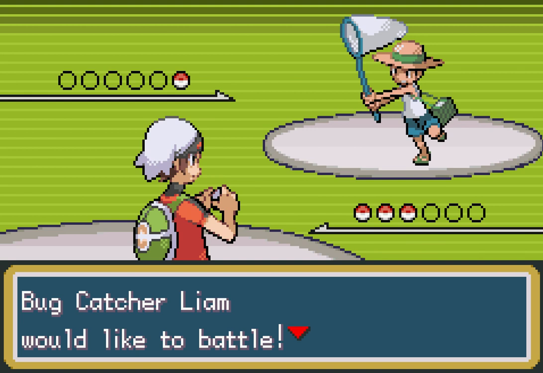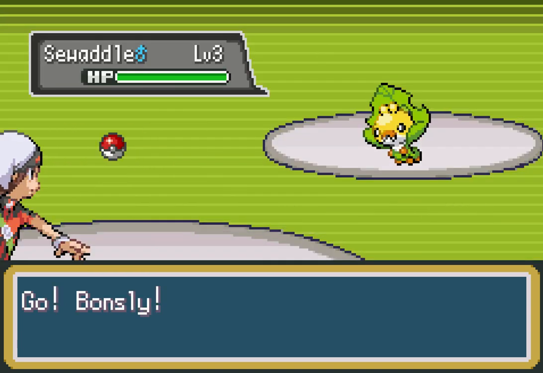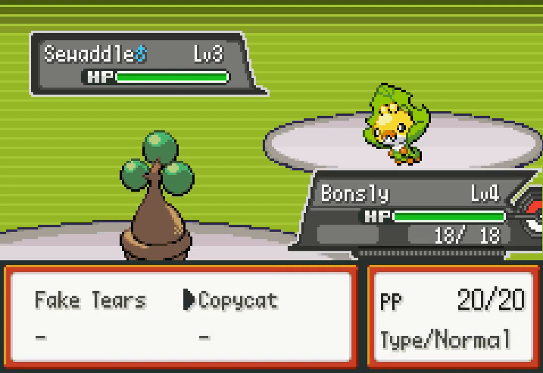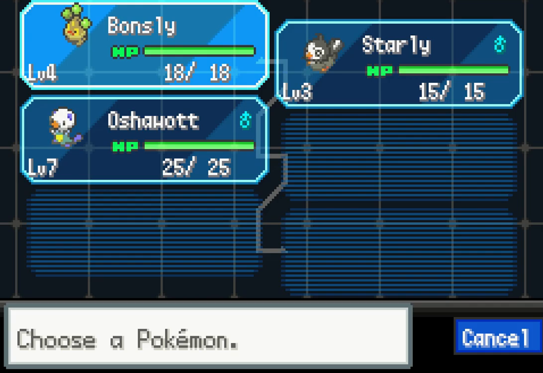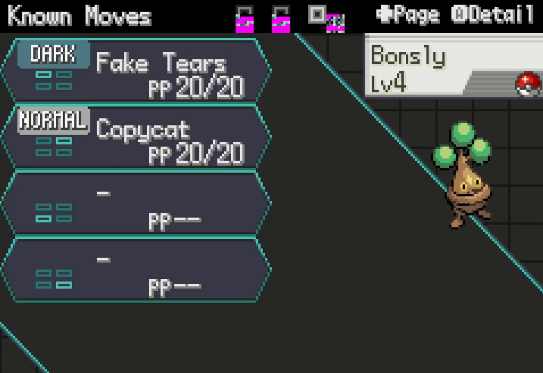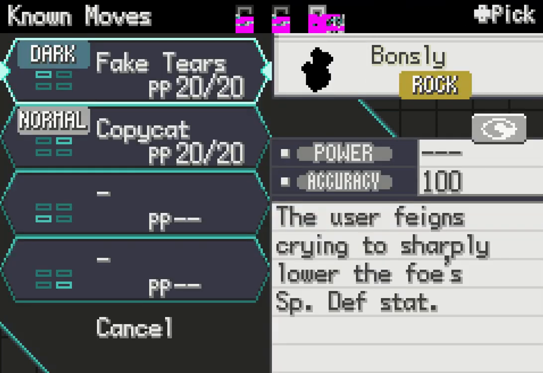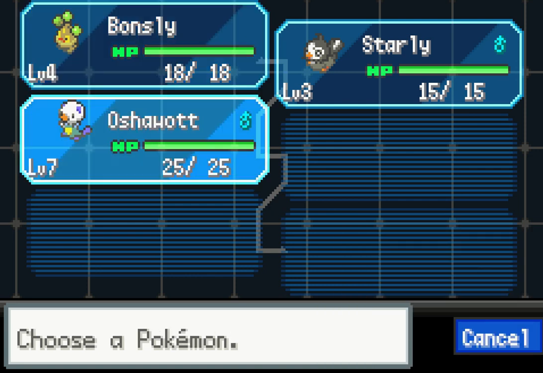Okay, let's see. Sweedle, sorry, my bad. Okay, this sucks. Fake Tears lowers defense, I believe. Copycat copies the last move used and uses it, if I remember correctly. Let's see, Rock Head, nice. Okay, special defense. Oh, okay, never mind. Yeah, okay. But you copy and get to use the best of the battle. Okay, so